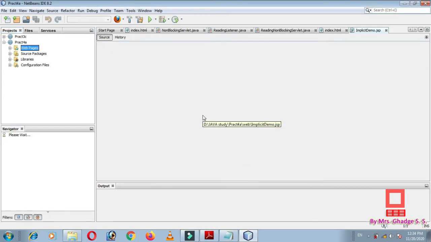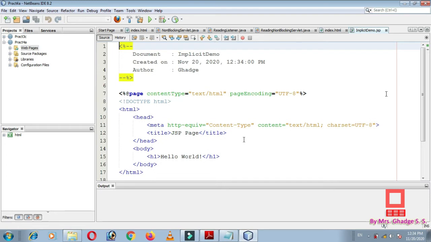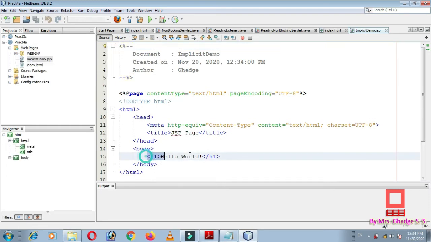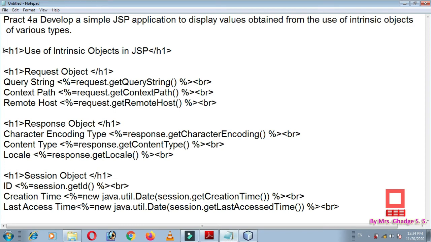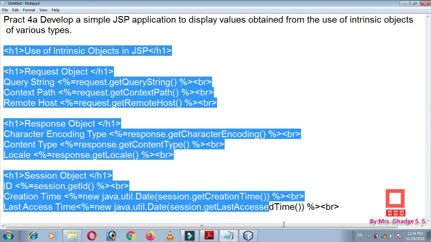In this file implicitdemo.jsp, we are going to add the code into the body section. So instead of this statement, we write the statements of the various implicit objects.